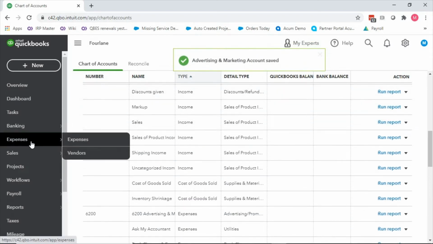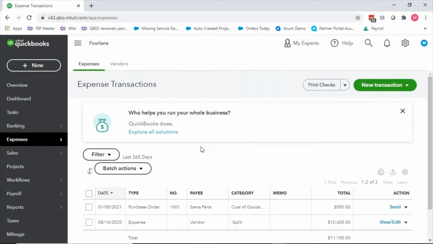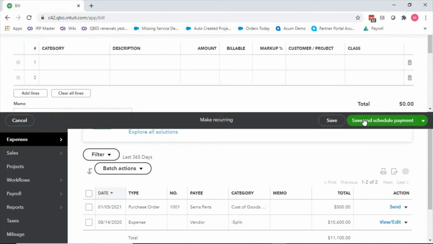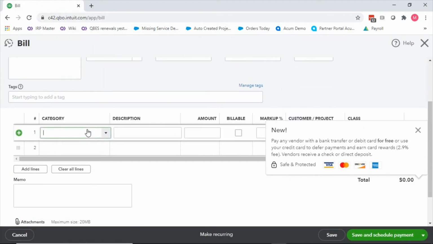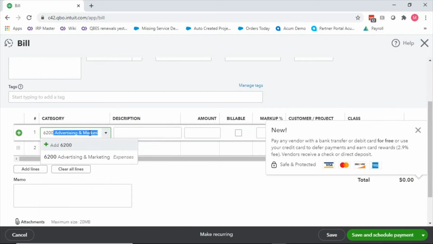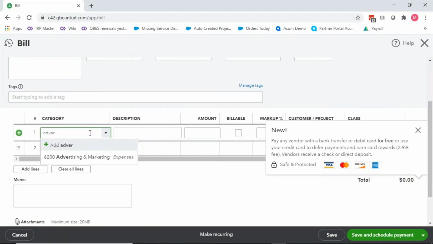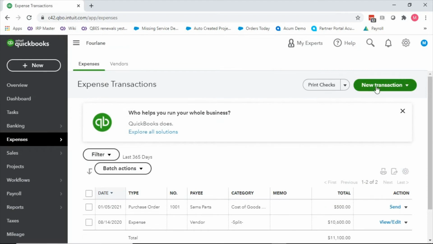And then when I come in to do, as an example, a new expense, and I say I'm going to do a new bill, then on the category here, I have the option. I can type in 6,200 and it'll take me to advertising, or I can just type in advertising. So you have the choice between using one or the other.